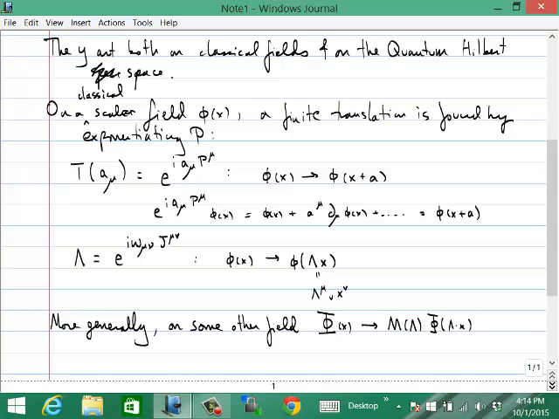So in the case of a scalar field, it's just a number, and M is 1, okay? But in the case of a vector field, Phi would be a 4-component object, a 4-vector, and M would